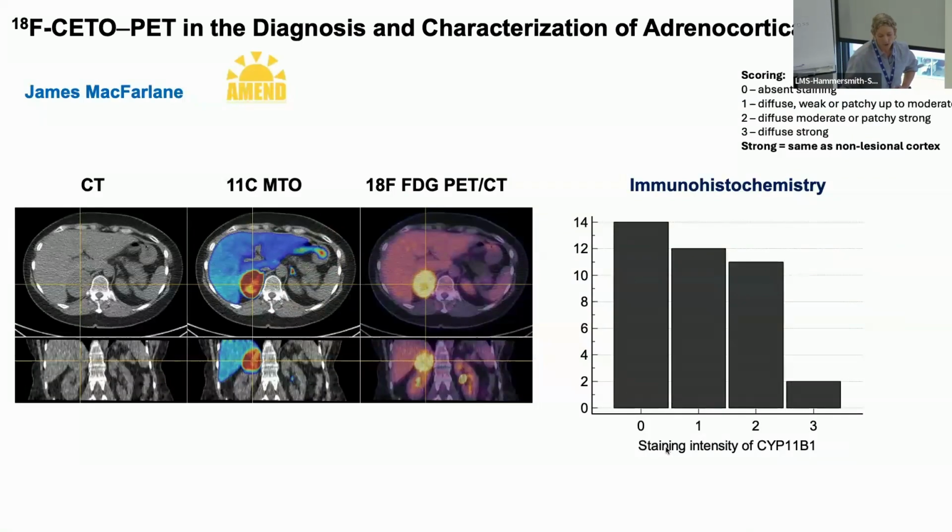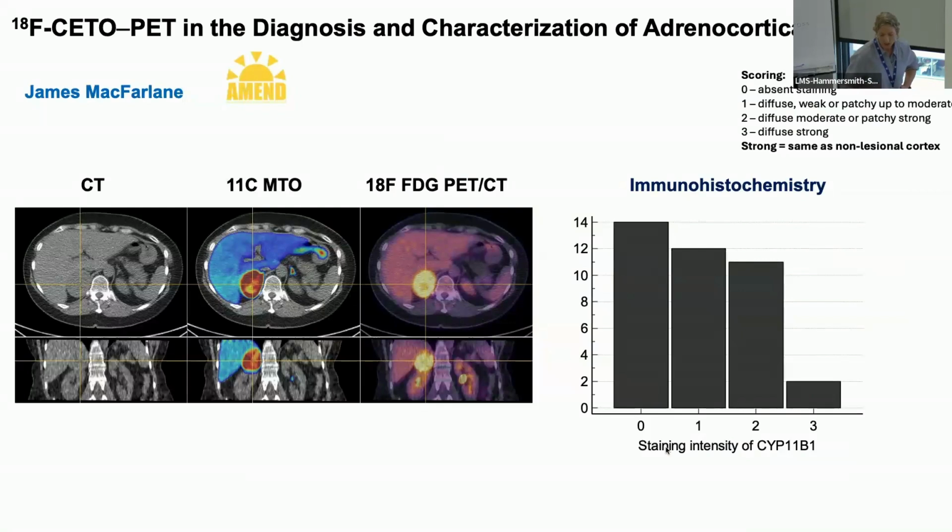And so to take this forward, James McFarland worked with one of our pathologists in Cambridge, John Tadros, and looked at 46 adrenal cancer specimens. We only included patients that were ENSAT stage 2 or 3 with R0 resection to try and reduce the heterogeneity of the analysis. And what James did was look at CYP11B1 expression using